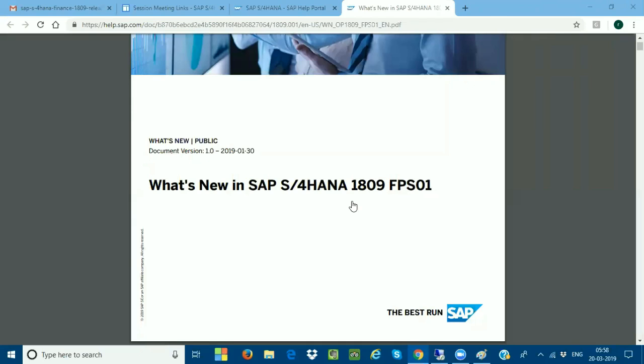SAP provides certain notes, and twice or thrice a day we look into what new notes have been released. That helps us for implementation, so I always search and keep myself upgraded with the notes released from the SAP side. 1 second, I'll give the note to all of you. I'm just downloading.